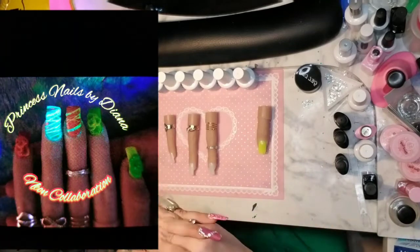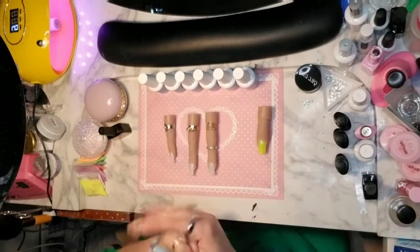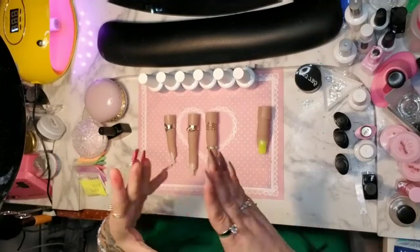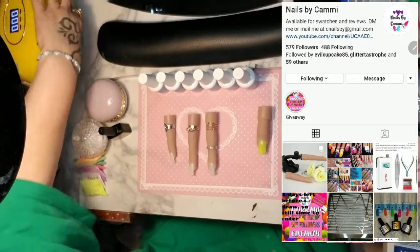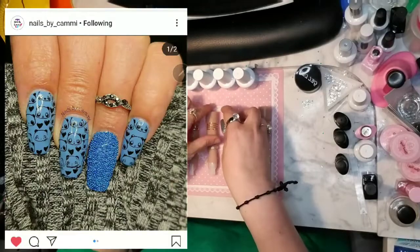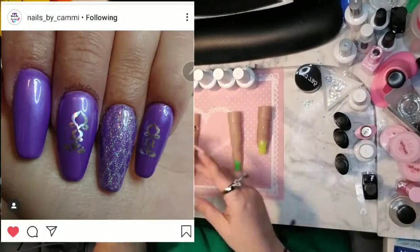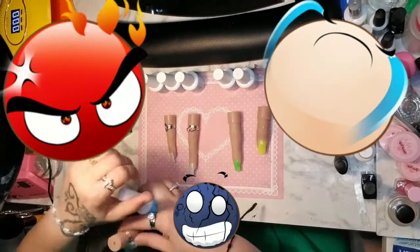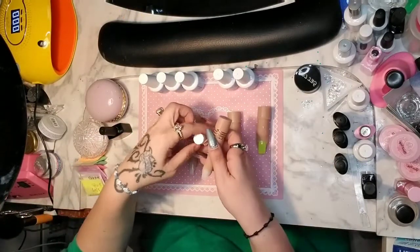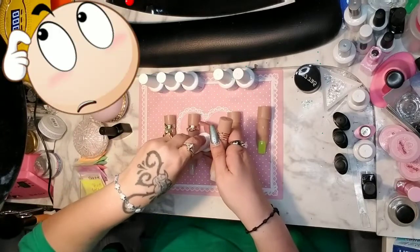So, in my mind, I had something completely different planned. I wanted to do these puzzle pieces that I got in the mail from Cami, from Nails by Cami, and I have taken them out and put them aside to do this collaboration, and I cannot find them now. So, that being said, I have to do something completely different. So, my plan